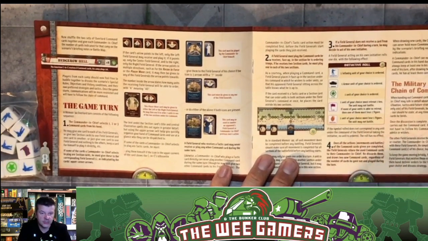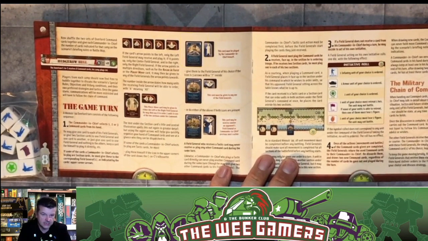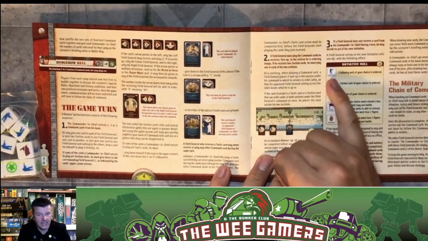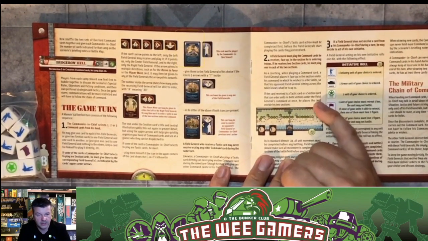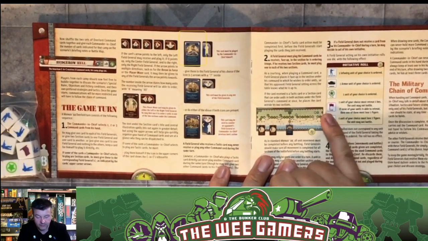A section that doesn't get given a card can make an initiative roll, and this is a new aspect, obviously, purposefully for Overlord, where they get to roll a single die, and if they roll an infantry symbol, they can command an infantry unit. If they roll a tank symbol, they can command an armor unit. If they roll a star, they can order a unit of their choice. If they roll a flag,